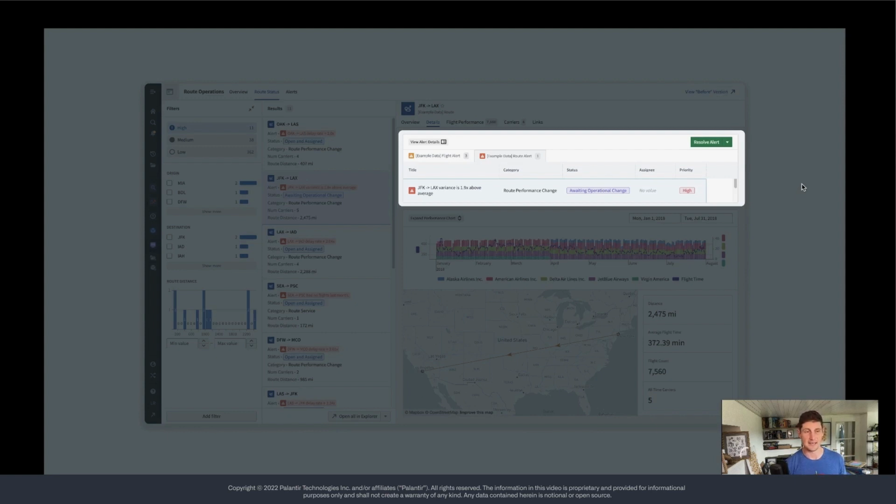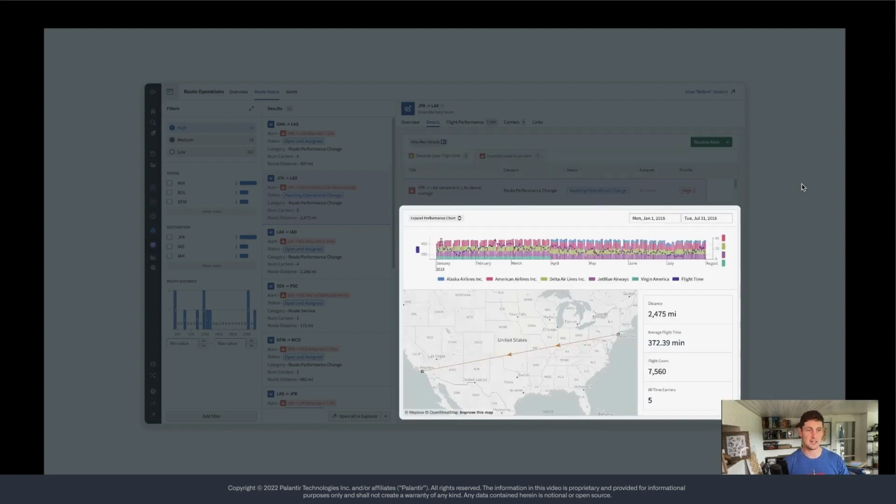So we'll see that in a second. Again, reusing an object view. And then down here below, we have a really concise view of context, right? So when I'm looking at the JFK to LAX route, what is it that I need to know? Well, I know that it averages 380 minutes and that it's a really busy route that's got a huge number